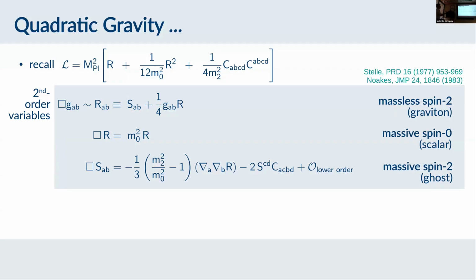And this is something that was done at the linear level by Kellogg Stelle, who started looking at these theories in the context of quantizing gravity. And David Noakes picked up the linearized prescription and generalized it to the nonlinear theory, understanding that the nonlinear theory also propagates these respective additional degrees of freedom. And it's very helpful. Now I can identify, I propagate the metric, which is just the massless spin-2 graviton, where